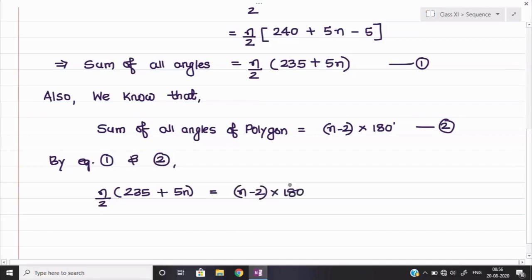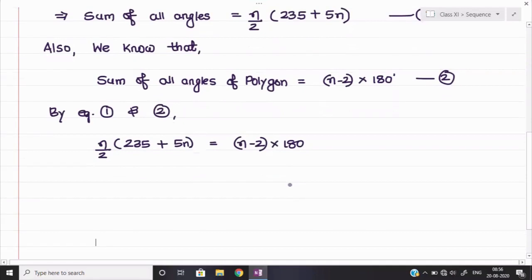Now let us simplify this one. So n I am multiplying inside over there and 2 I am sending onto the right hand side. This will be 235, or we can do one thing, we can simplify a little bit more before we multiply. See, from the bracket on the left hand side I am taking 5 common, because both are multiples of 5, so 5 4s are 20 and 5 7s are 35 will remain here, plus n is equal to n minus 2 into 180.